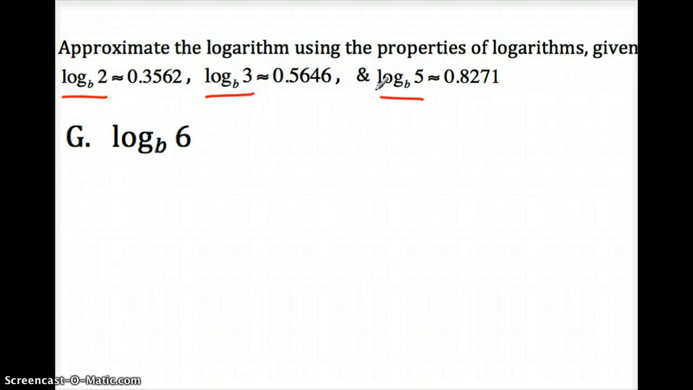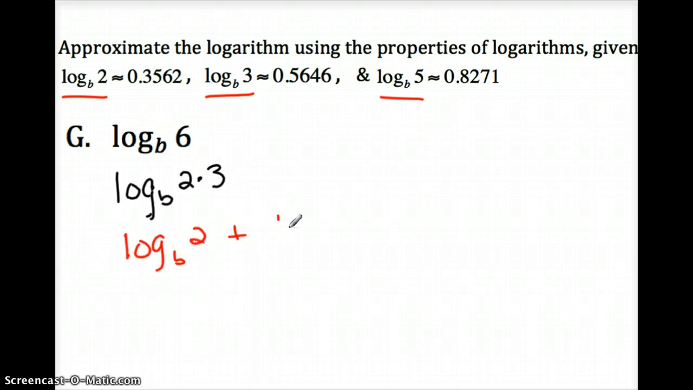Rewrite 6 using 2s, 3s, or 5s. Keeping in mind that properties of log, we know how to break up multiplication, we know how to break up division, and we know how to move powers. So preferably rewrite 6 using division, multiplication, or powers. Well, lucky for me, I know that log b6, I need a b there instead of a 6, 6 can be written as 2 times 3. And I know to break up 2 and 3 into their own logs, I would break up the multiplication with addition. So I'd have log b2 plus log